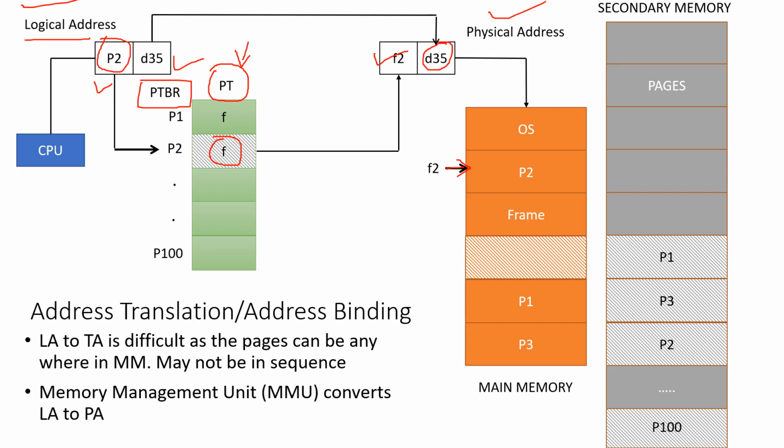That is the extra work we are doing here. First we will search main memory to find the page table entry, and second is to access the page after getting the physical address. So twice we are accessing main memory, so time is wasted there. That is the disadvantage here.